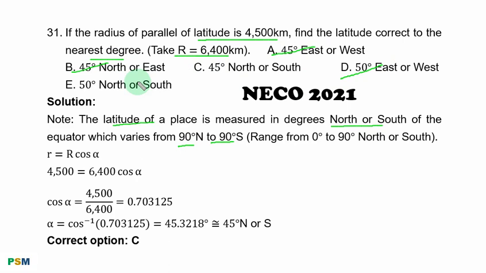Radius of parallel of latitude is given by this formula. The radius is 4,500 kilometers. Radius of the earth is equal to 6,400, then cosine of the latitude. Divide both sides by 6,400 to make this term the subject. When you divide, you have